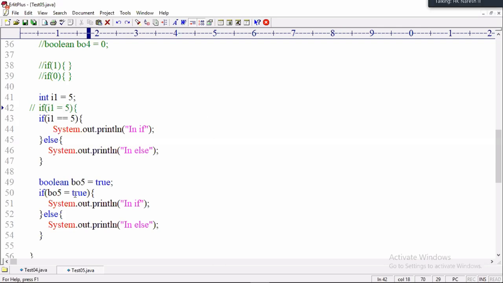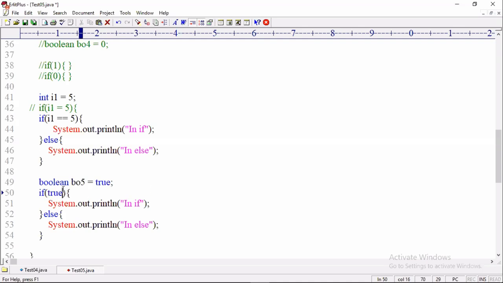Then here also I have used the assignment operator, but I'm not getting an error. Why? Because true is copied into the boolean variable, and then this expression is replaced with what value?